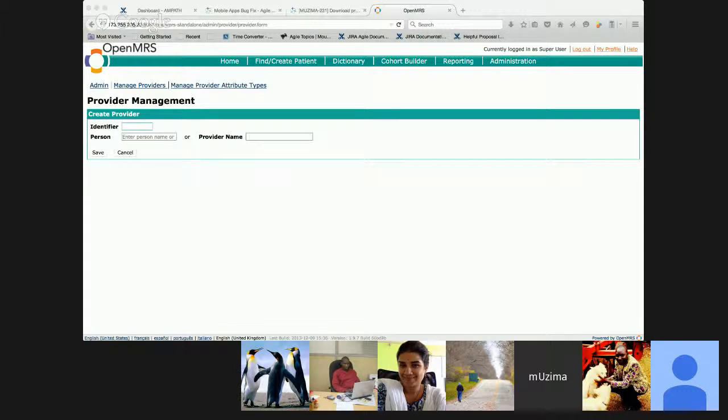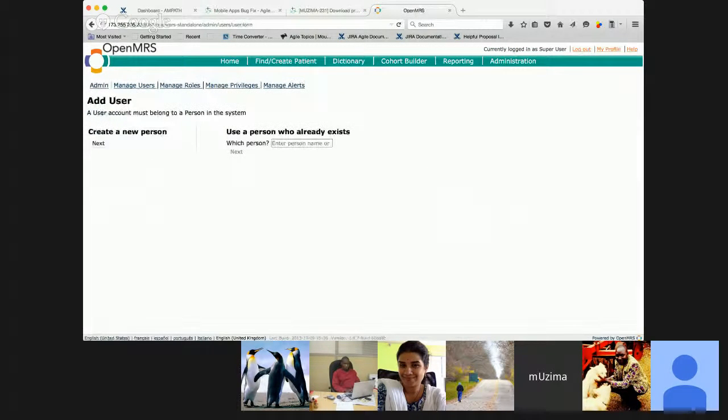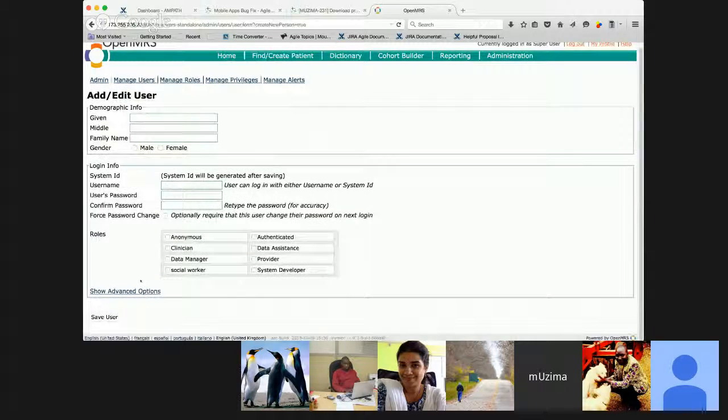The ideal scenario, how I see it, is that instead of going through this provider management page, over here I would like to have another option saying, add this to the provider table or something like that. So that by doing that, we will grab the assigned system ID and then insert an entry in the provider table. And instead of doing two steps,